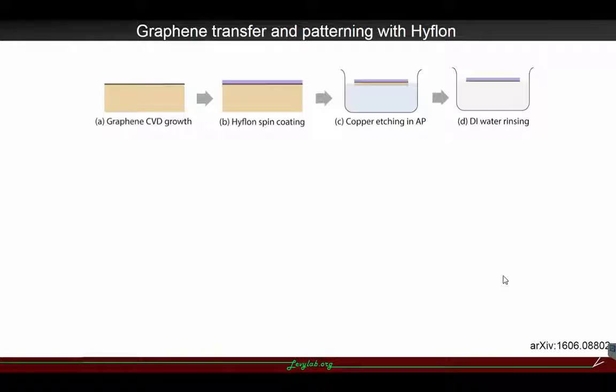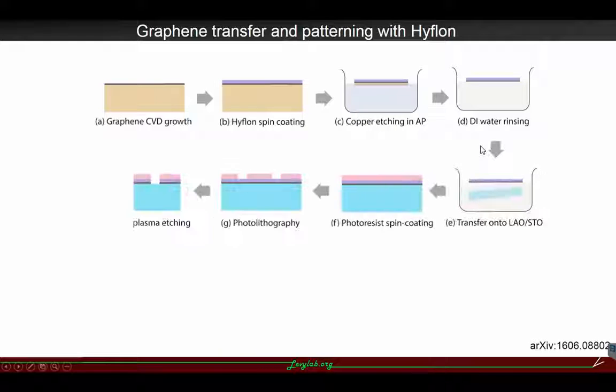And then we transfer graphene and pattern it with Heflon. We tried PMMA before, but that will leave a lot of residue. So the steps are: first we spin coat graphene with Heflon and then dissolve the copper in ammonium persulfate, rinsing the Heflon graphene piece with DI water several times, and then put the lanthanum aluminate strontium titanate underneath this piece